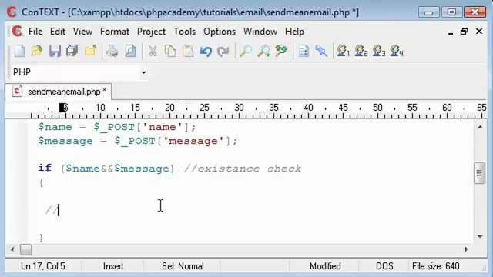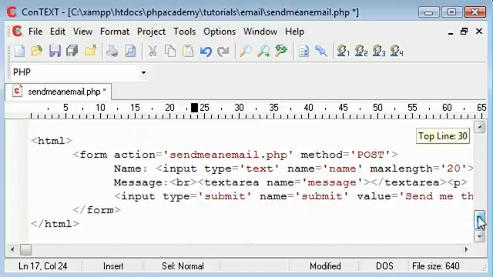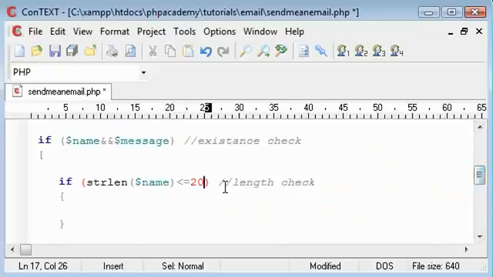and now what we're going to do is run a length check. So this here is going to be a length check, and we're going to say if the string length of our name, using our string length function, is smaller or equal to, and remember we set a max length here, that's 20, so the max length of the name can be 20. Obviously you can change this if you'd like, and we're using our and operator again,